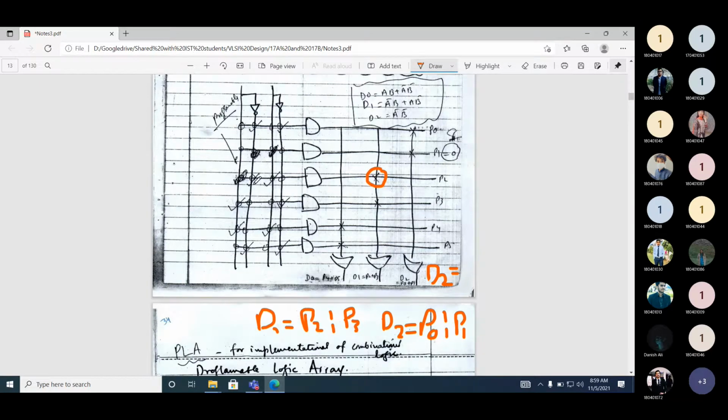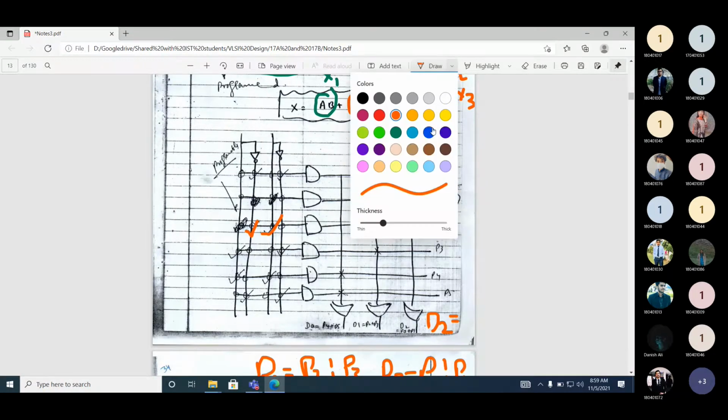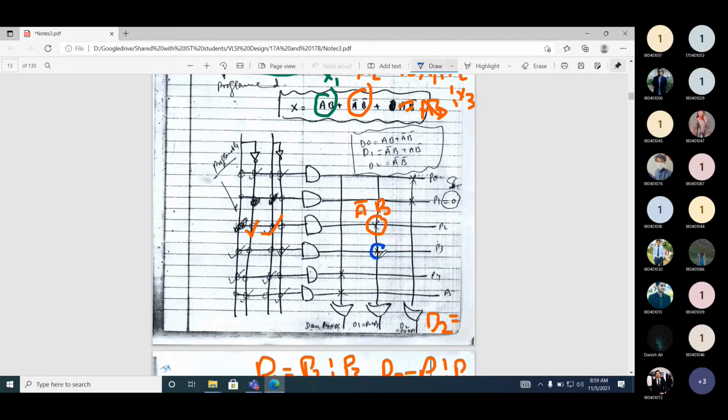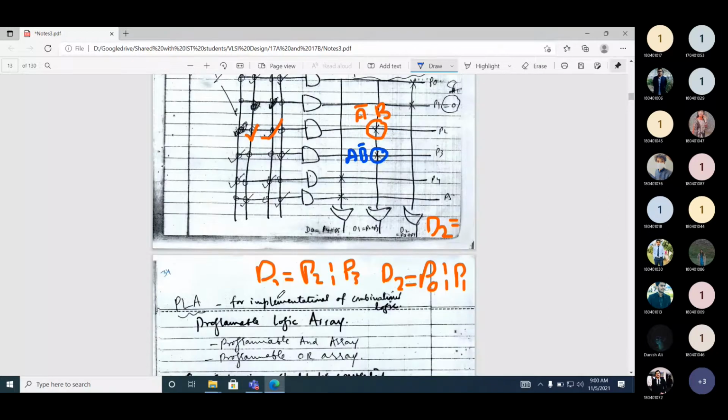It means that this switch is retained and this switch is retained. So what will be the value of this term P2? A bar and B. Now if you look at the second one, P3, so it is A, B bar. So now what will be the value of D1 then?